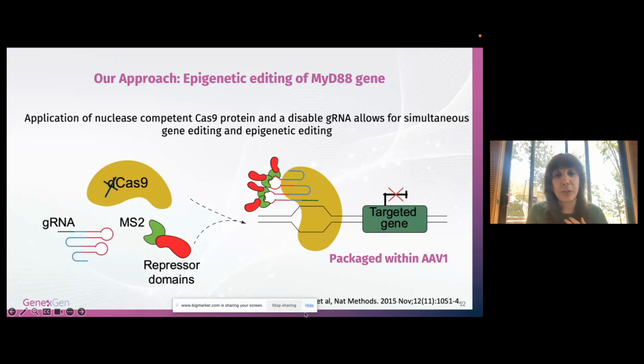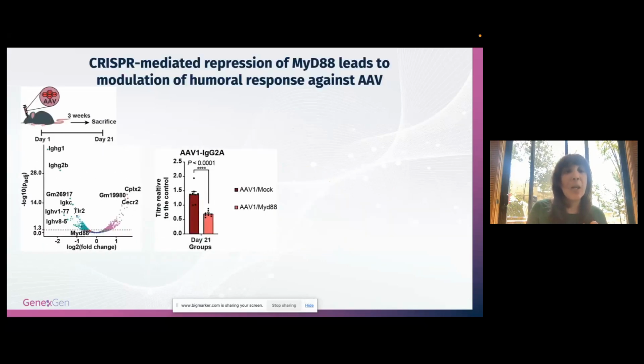Our prior approach, which is published, relies on combining Cas9 protein with potent epigenetic regulators that we have already published. Those are a combination of different chromatin domains that are fused together, in this case HP1A and KRAB domain, that we bring into the mix and use for epigenetic editing. We have used mouse to examine the effect of MyD88 repression using CRISPR in forming the humoral response against